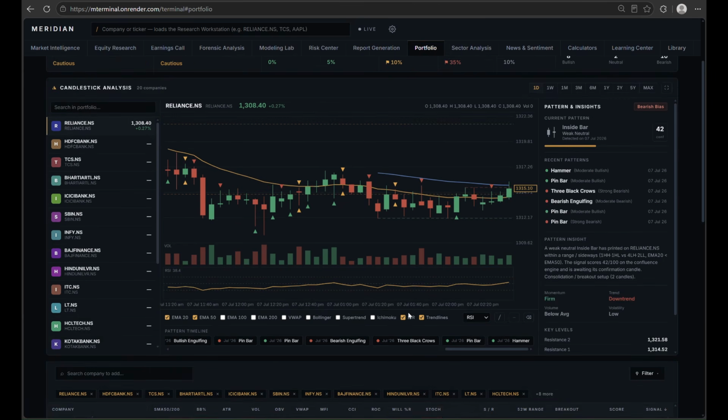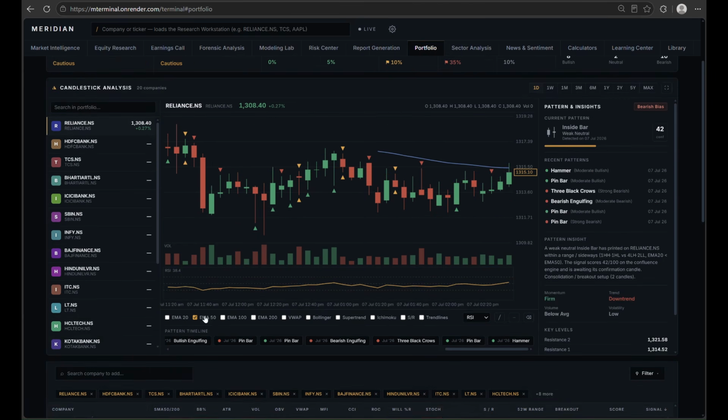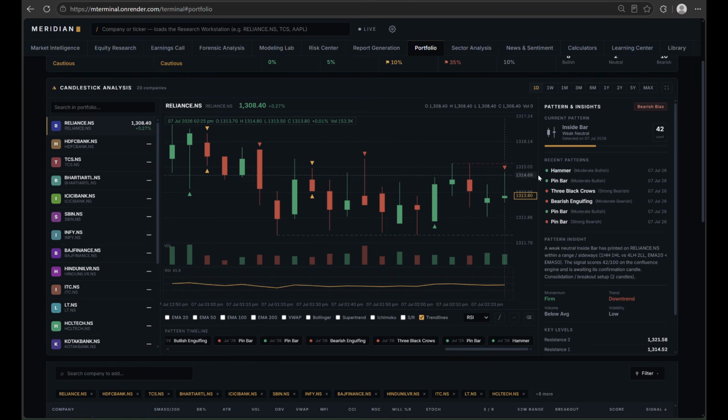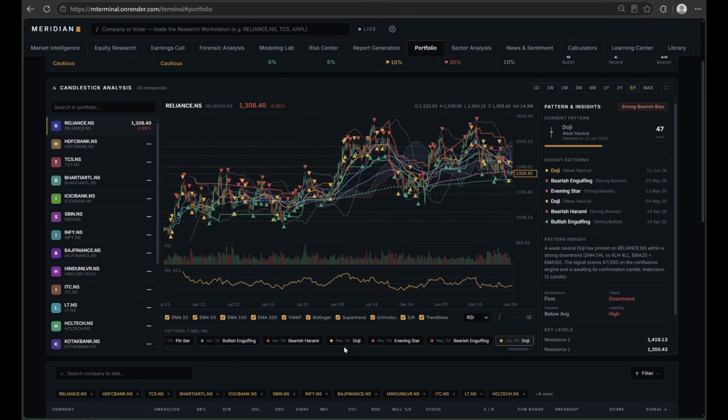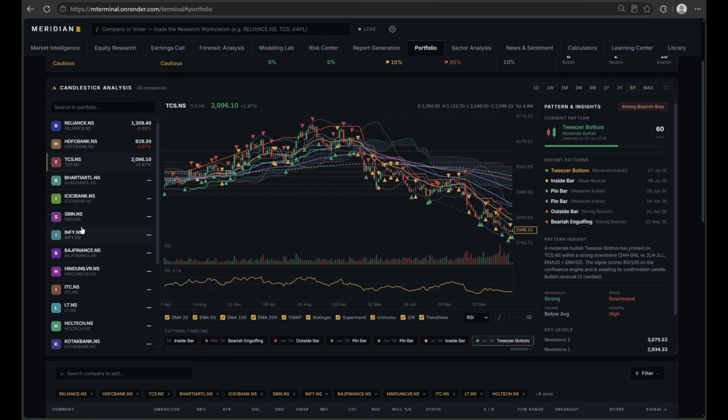Further, there are certain features which traders use. So trend line, which is an obvious thing generally used. Then the EMA 20 line, EMA 50, all are in there which you can use. Look at how my portfolio looks, how the candlestick movement looks. Now I can see this for any company within my portfolio.